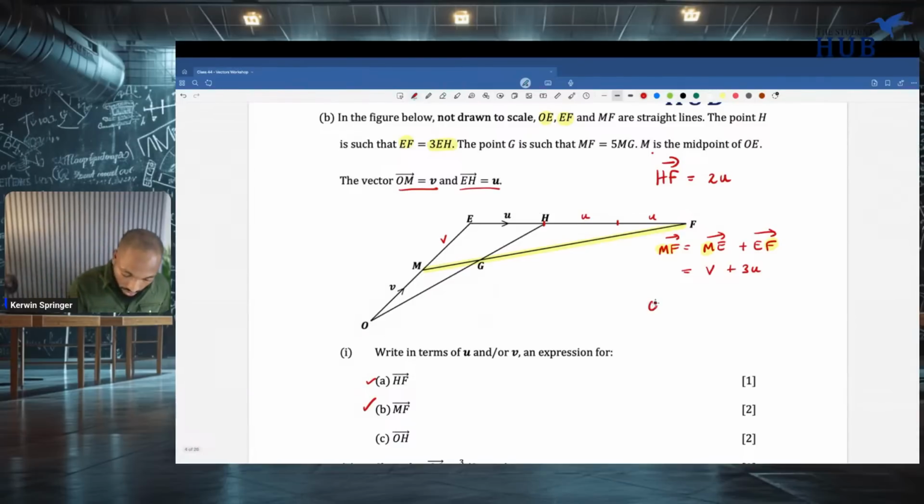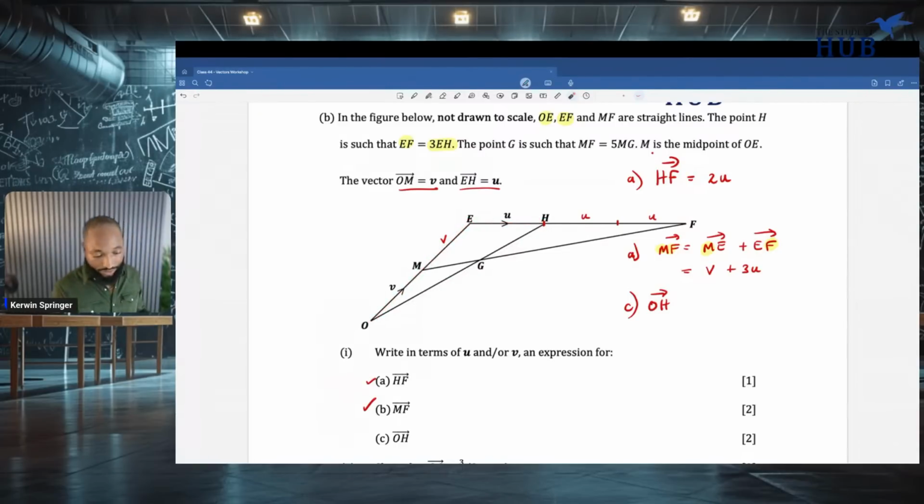OH, OH. So now we need to find O. We have A, B, C. Part C is what we are on to. O to H, very simple as well. We wish this could come for our exam because they're looking straightforward. O to H, once again, we do not know the route for O to H yet. We don't know how much V's or U's involved in that. But we can find the other way, which is going from O to E, Zach Birdhouse, and then go to